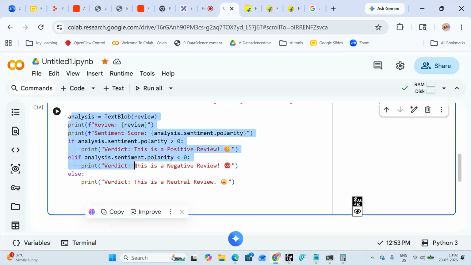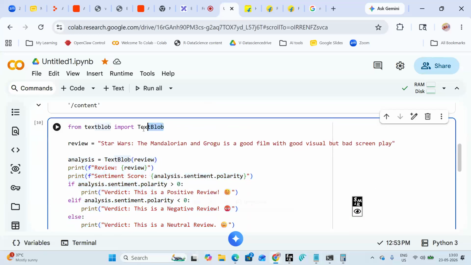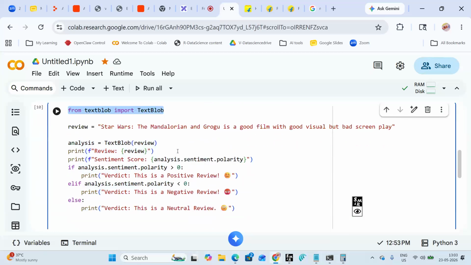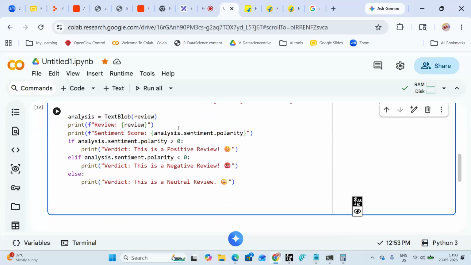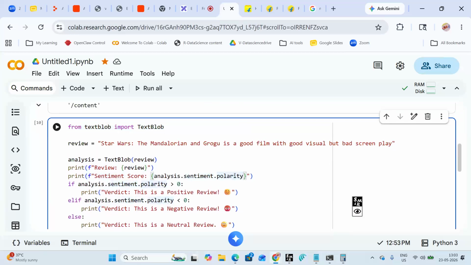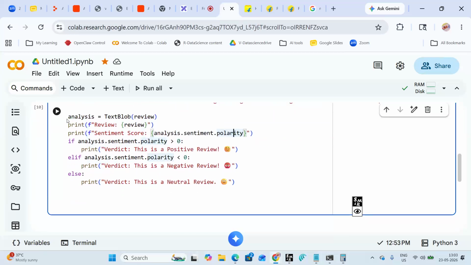So still, if you are unable to process or understand this program, let me know. I did not call just one library, that is text blob. This is also with a simple statement I have called. And why I have called it is this library is already trained to understand and get this sentiment and polarity score. This text blob is already trained on how the English language words look and what their sentiment looks like. Understood? So if still you are not understanding this piece of program, let me know. I'll explain which part you are not understanding.